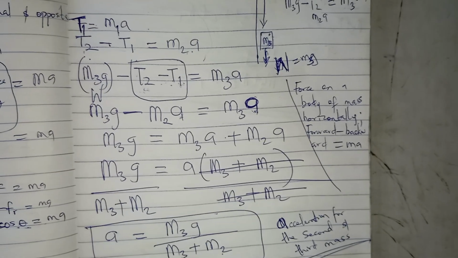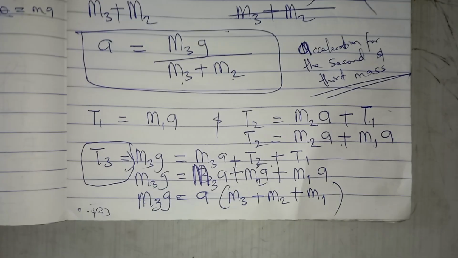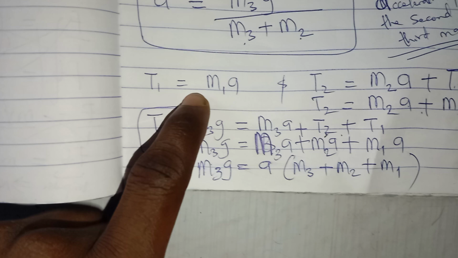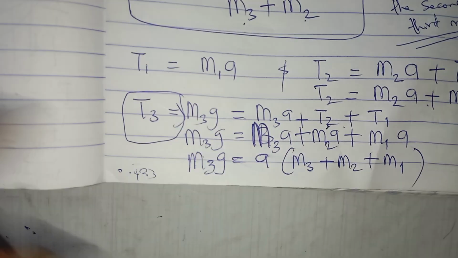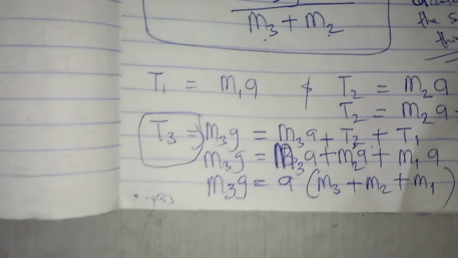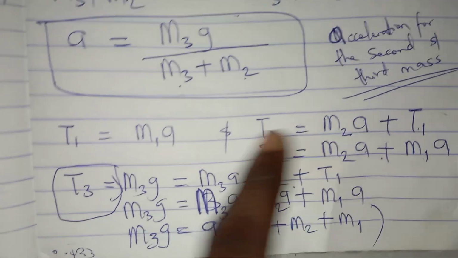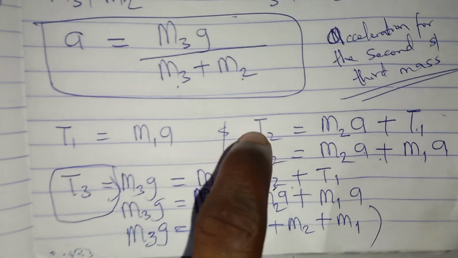Get the forces. When you finish, you get the total force of the system, which is what we did here. We treated T1. It has no backward force. The only backward force it can have is friction, and they did not specify about friction here. Then T2 is simply the forward force minus the backward force, and when you make T2 subject of the formula,